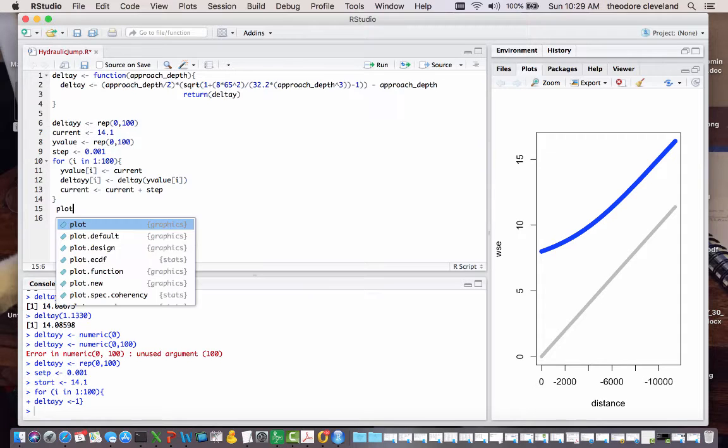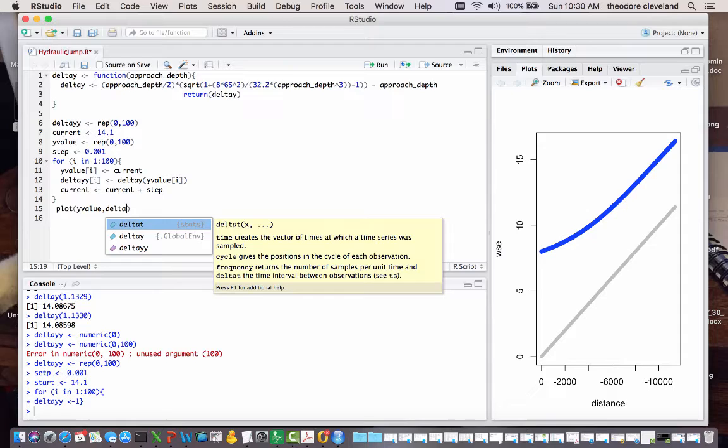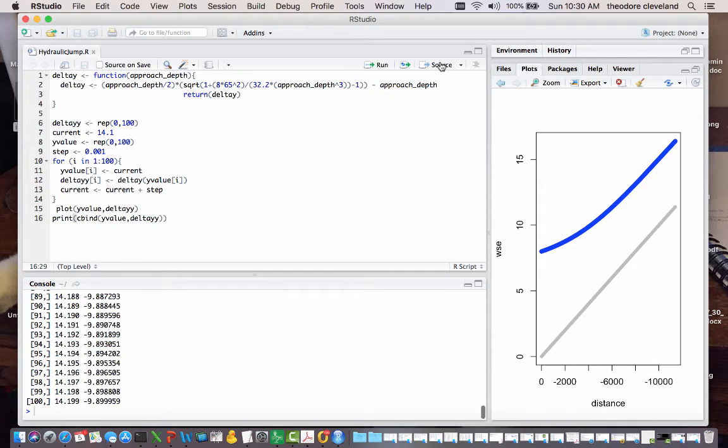Now we want to plot y value versus delta yy, and where it crosses over we can find the y value. And actually while we're at it I will print cbind of y value, delta yy. Save, source that,